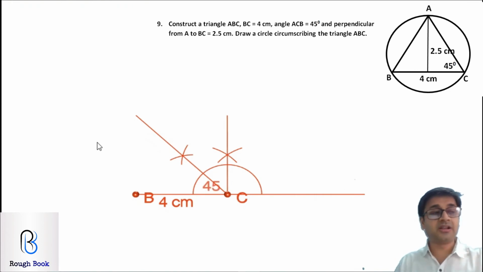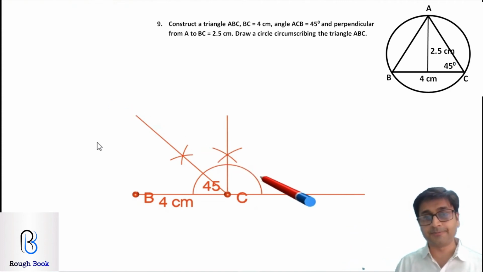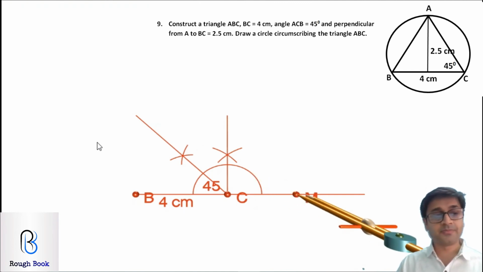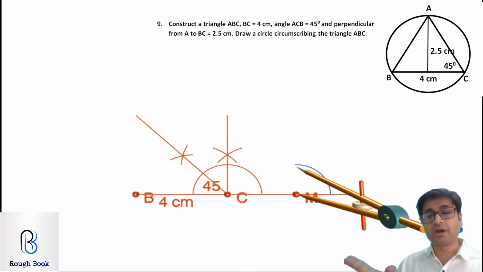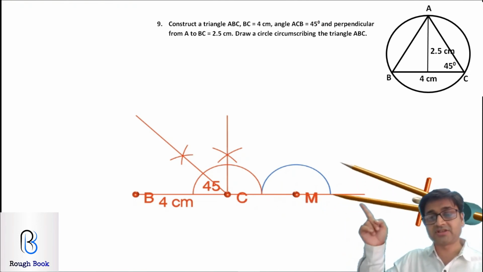Now the last part, the last piece of information given to you is the height 2.5. So fix a point M outside. Again, draw a 90 degree from M. So keeping it here, now you have got two choices. Instead of taking this 90 degree from here, I could have used this one also, but I just wanted to make it look a little decent. So I'm drawing one more 90 degree outside from M. Same procedure, 180 degree just like this.